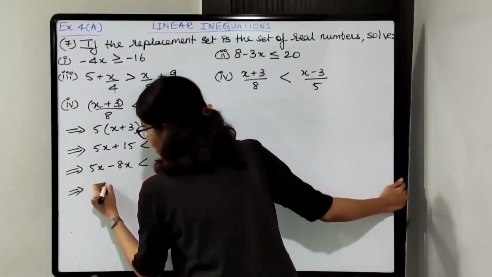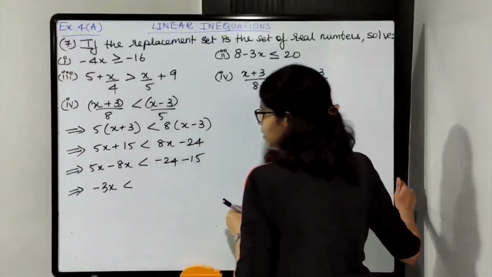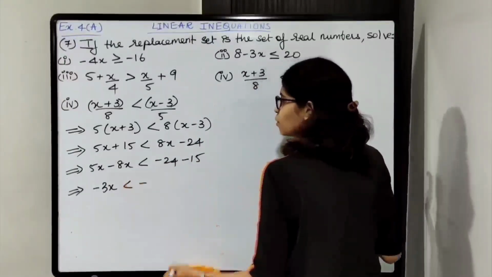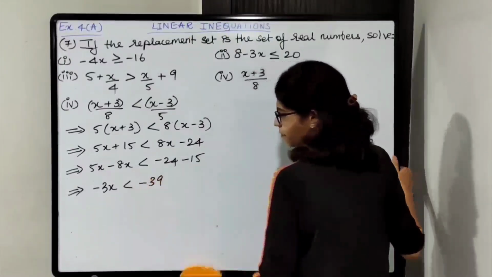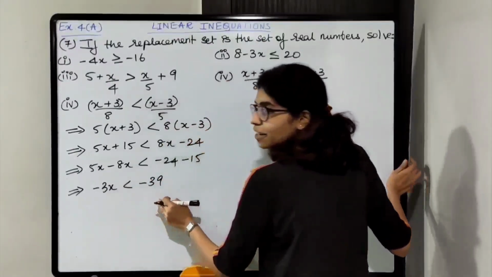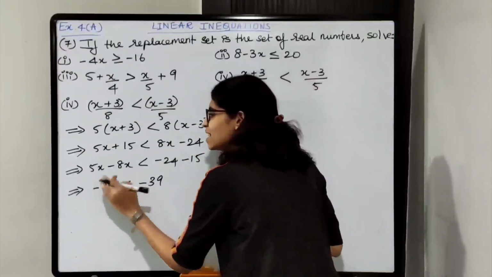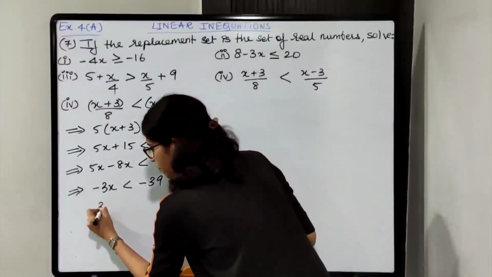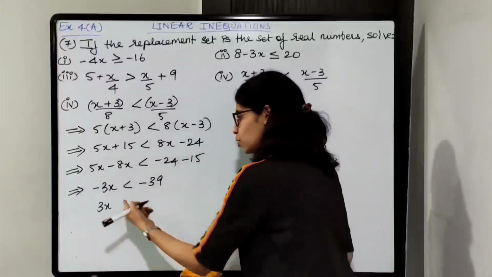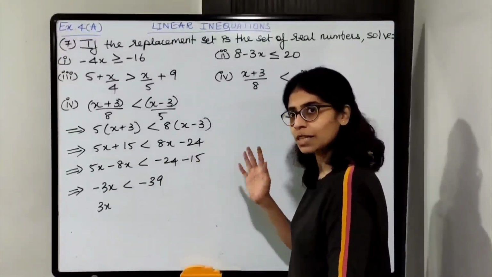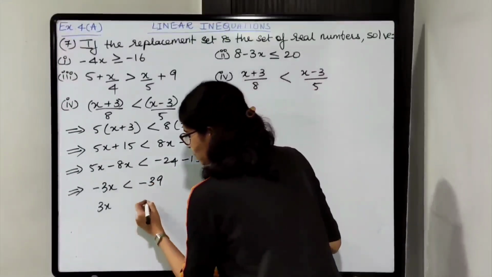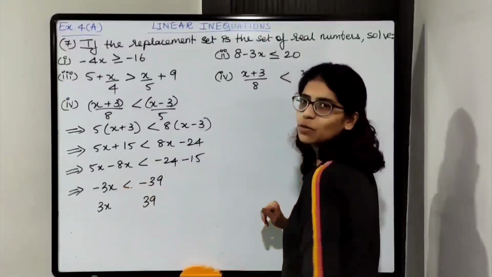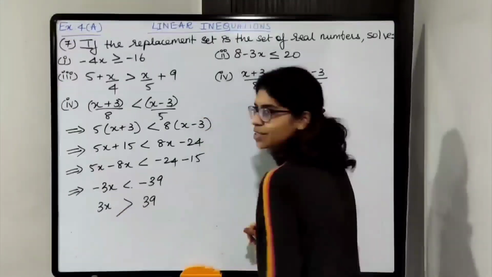So minus 3x is less than minus 24 minus 15. You will add and the sign will be negative. So minus 39. 3 को shift करना है, but before that x is negative, so let us make it positive. We will change the sign. When you change the sign, दूसरे side पे भी change होगा, simultaneous process. So this will become plus 39. What will happen to the inequality sign? Reverse. Okay.